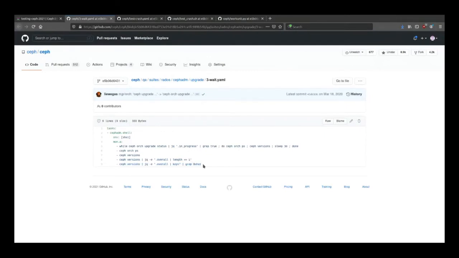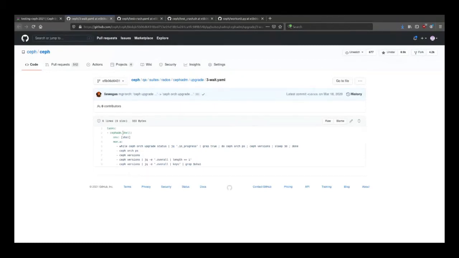So an example of this is in the CephADM upgrade suite, where we use the CephADM shell task to run these commands inside of a Ceph-based container. We're passing in the SHA-1 as an environment variable, so that we can use whatever SHA-1 we're running against in these commands. And we have a little script here that